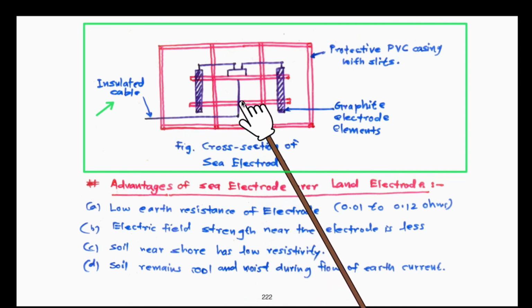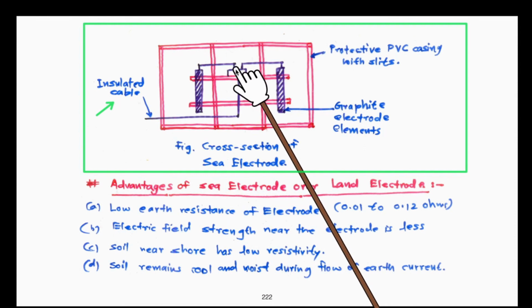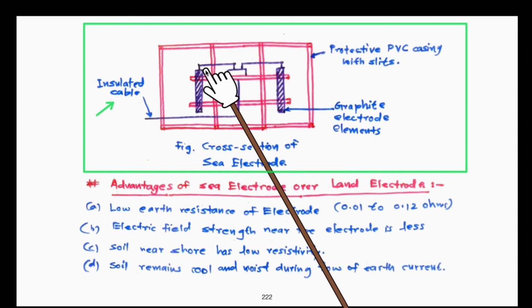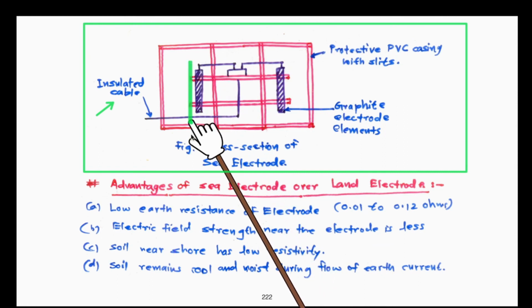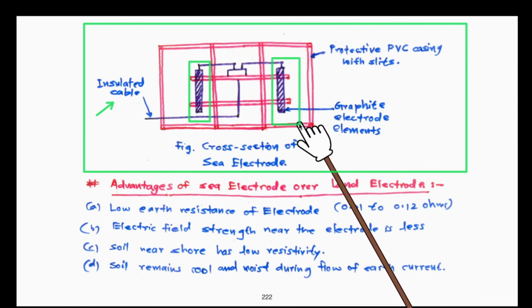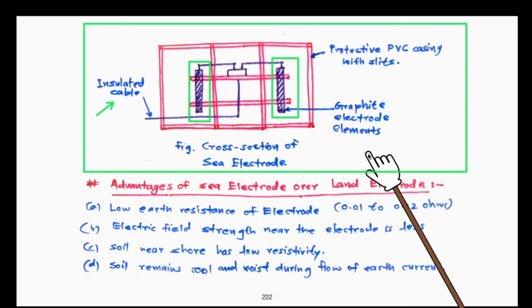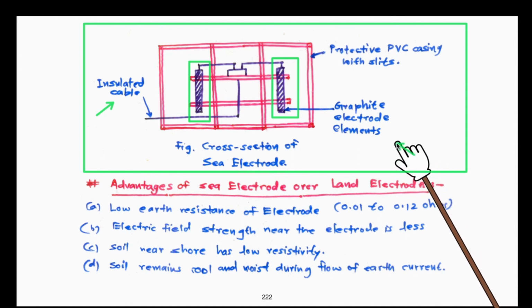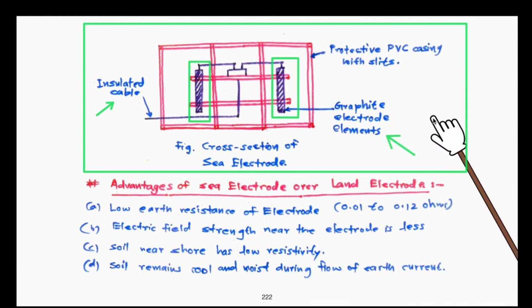So this insulated cable is coming all the way, and then there is some arrangement to distribute this current into two different paths here. Okay, so on the left hand side there is one electrode element, and on the other side again there is another electrode element. So two electrode elements are there. You can understand from here that these two are the graphite electrode elements. Again, graphite is used for the sea electrodes as well. So the insulated cable brings the current all the way to the graphite electrode elements, and these graphite electrode elements are installed